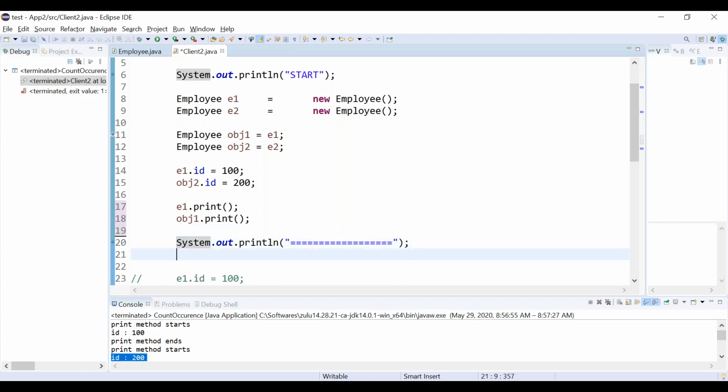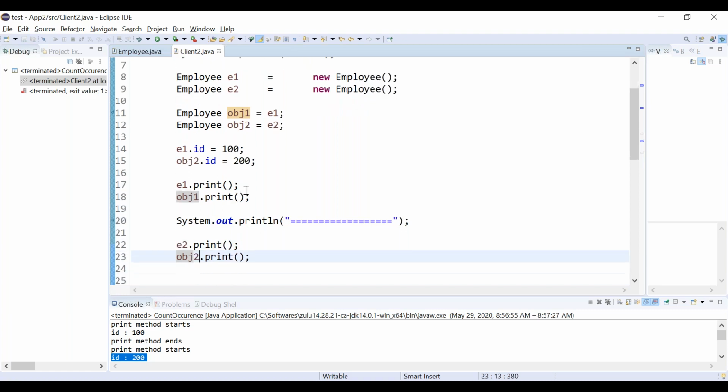Now I am printing a dotted line. Again, I am printing E2 dot print and obj2 dot print. Let's run now.